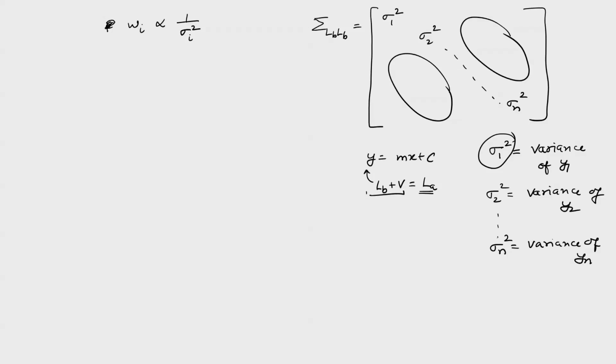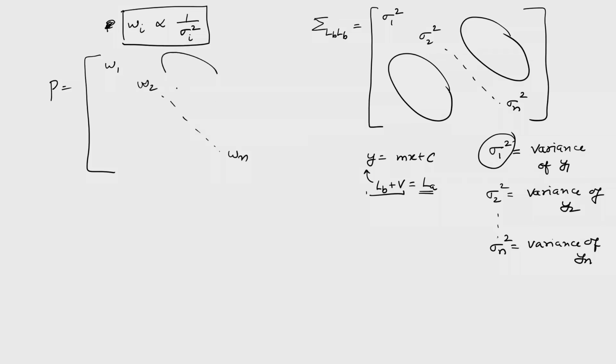It can be arbitrary also, since it is an assumption. Okay, now let us say that you have assumed, or based on your experience or specification, you have estimated these values some way, and we call it sigma LB. There is a little problem if I use this logic to find the weight matrix P, which is nothing but W1, W2 and Wn, all zeros elsewhere. First of all, if I take 1 upon sigma square equal to W, there will be a problem of the units, which is a minor problem. Let us say someone is observing in centimeter, someone is observing in meter. So, I will have different units of sigma i square, and accordingly weights will be affected.